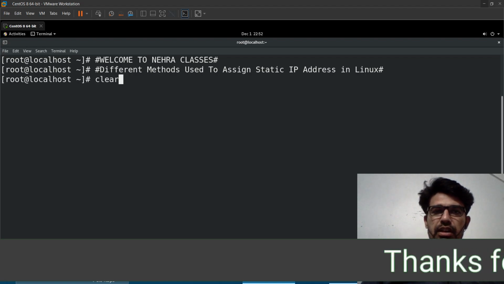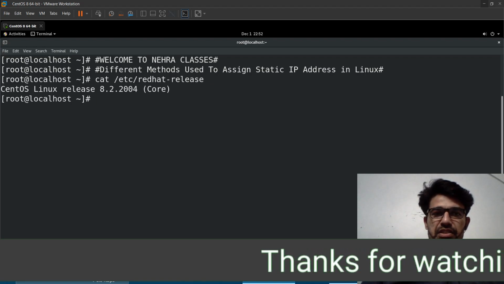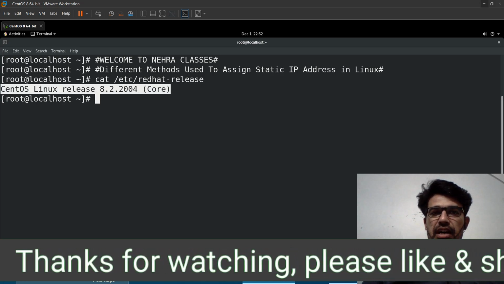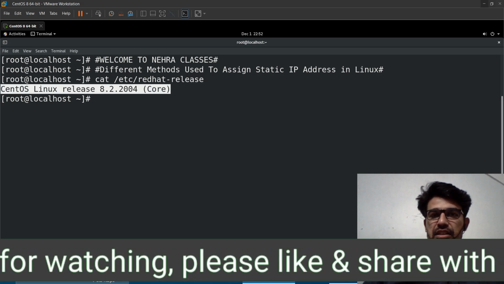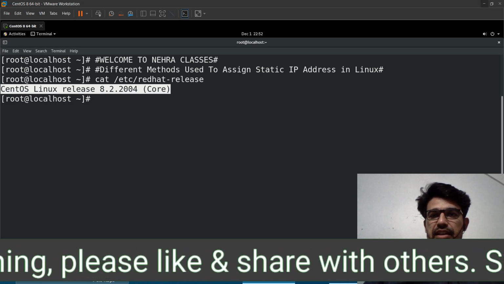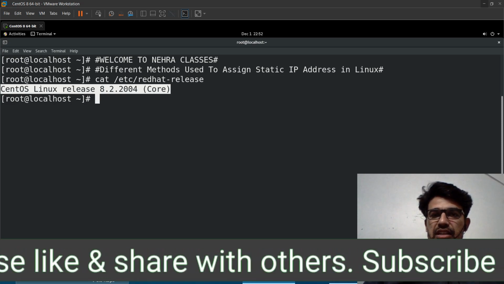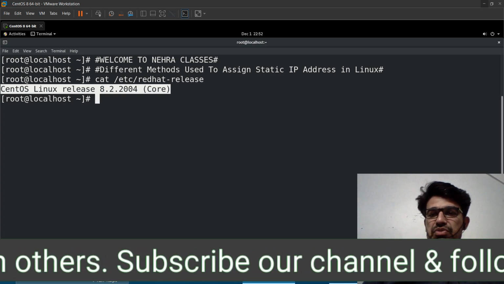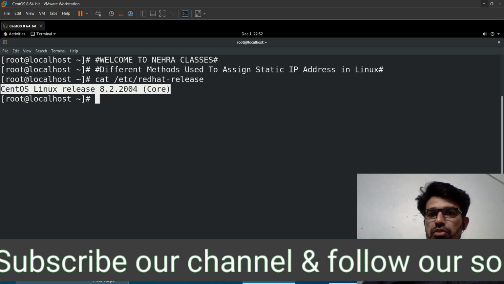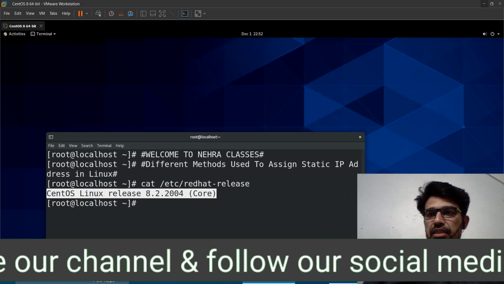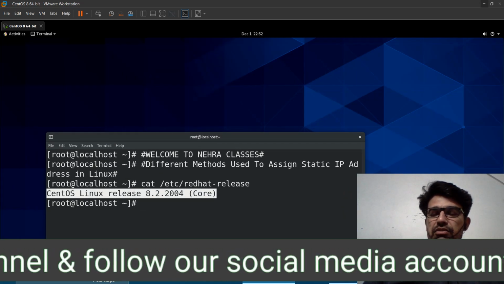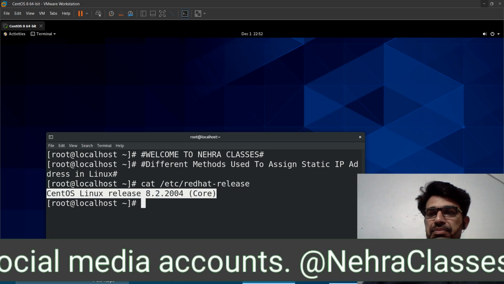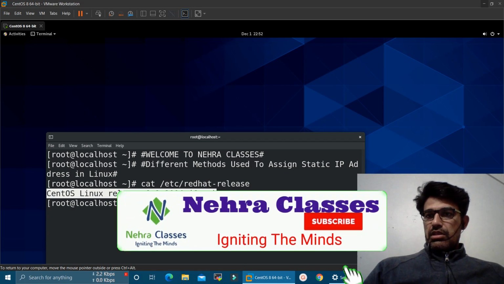For this tutorial, I am going to use this machine that is running on CentOS 8.2, and on this machine I will show you the different methods that we use to assign the static IP address. First method that I am going to use here is the graphical method with which we can assign the IP address. For that, we will open the GUI, we will log in the machine as the root user in GUI, and there we will go to this